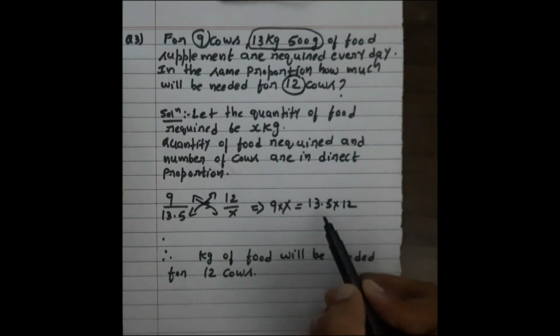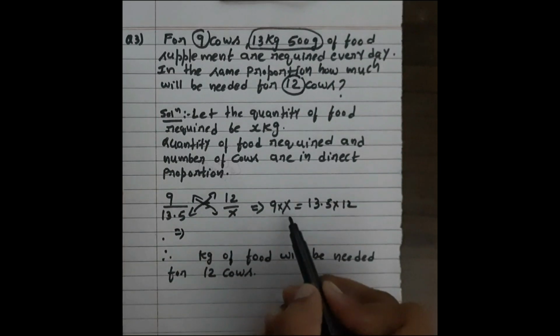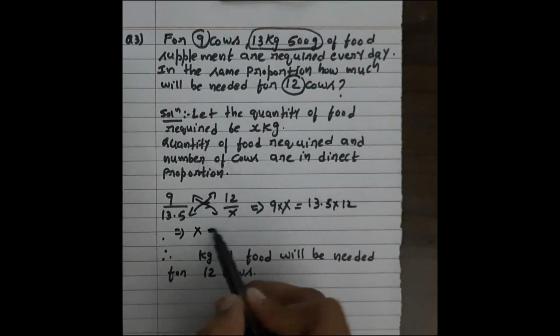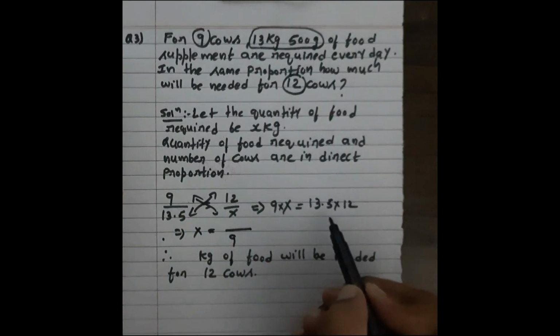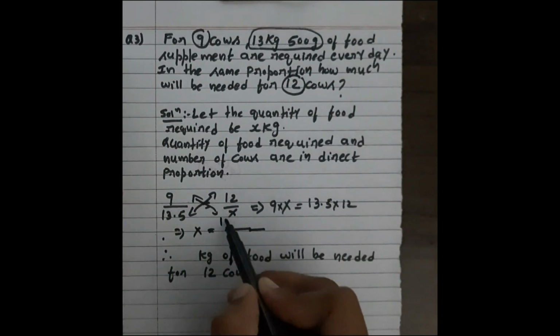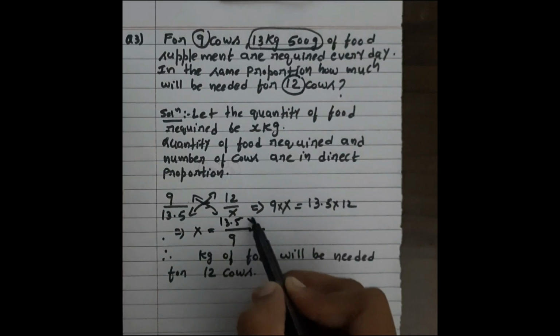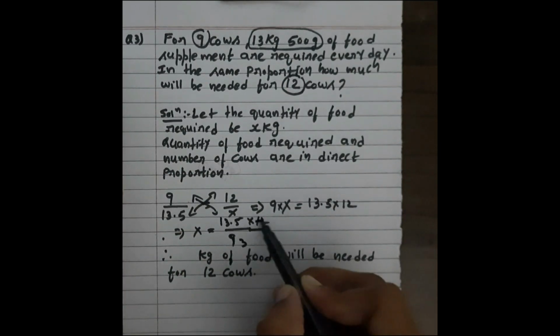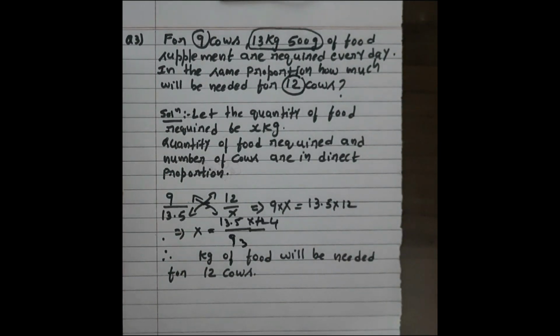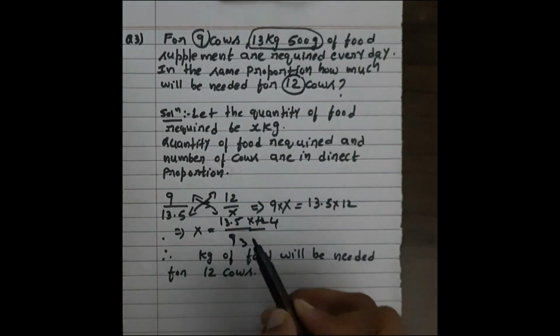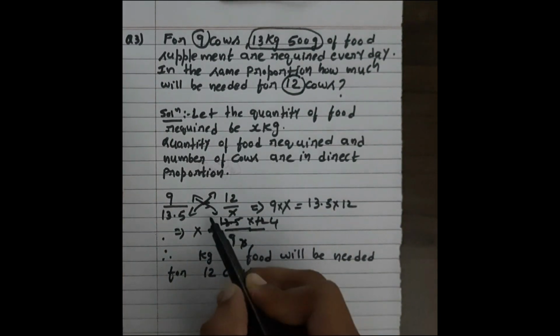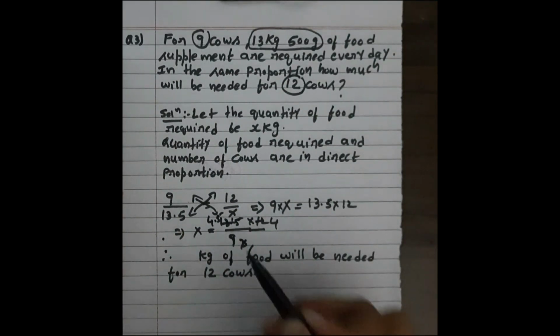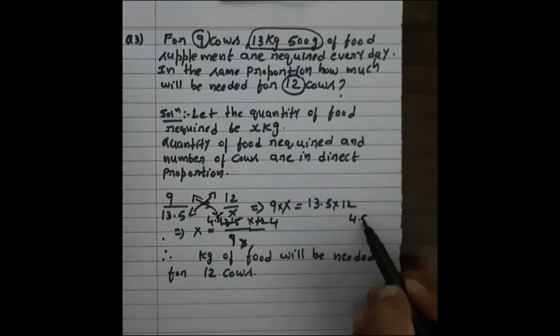13.5 into 12. So in the next step, this x will come on the left hand side. 9 should go to the denominator place. In the numerator, we will write 13.5 into 12. Okay. So in the 3 table, we will cut this. 3 3s are 9, 3 4s are 12. Afterwards, we can cut this one. 3 1s are 3, 3 4s are 12, 1 is remaining. 3 5s are 15. So we got 4.5 into 4. In the denominator, we got 1 only.